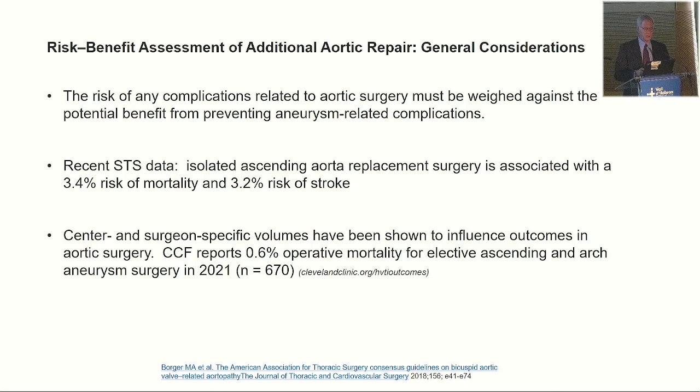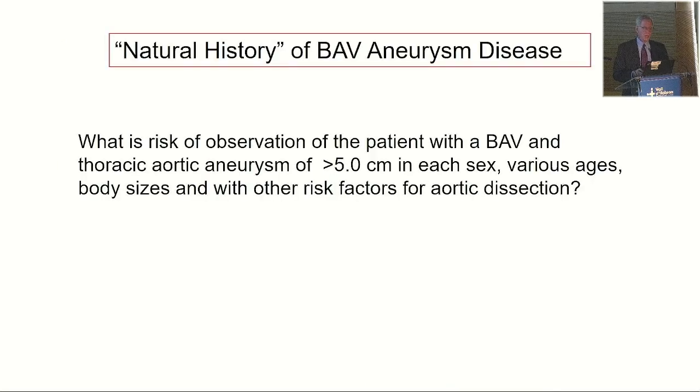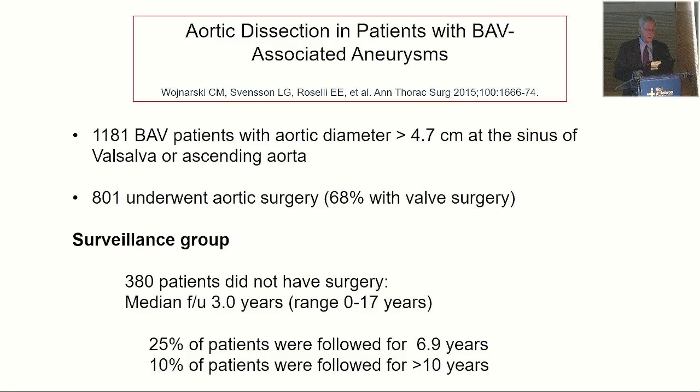for elective ascending surgery. So when we approach patients that are at these competing risks of observation versus risks of surgery, I often now look at the patient and say, which risk are we going to accept? And it depends for the individual. And do we really know what's the risk for all comers who have bicuspid valves of moderate to large size? 5 centimeters in males versus females, in a young person with root phenotype versus an old person with ascending phenotype, of small body size versus large body size. And what about other risk factors for aortic dissection?